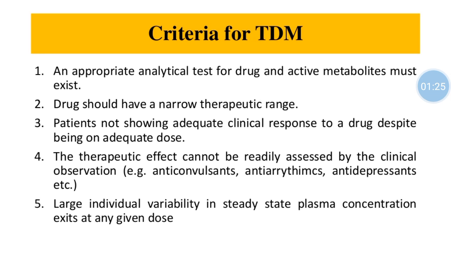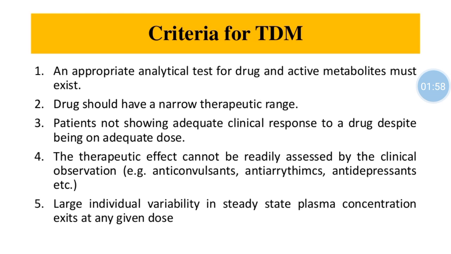So that is the difference between the narrow and large ranges. When you are going to make the criteria for therapeutic drug monitoring, the drug should have the narrow therapeutic range. If it has a large therapeutic range, it does not produce any significant effect in your therapeutic drug monitoring, and it will produce normal results. For a narrow therapeutic range, it will produce significant results. Outcomes are produced by this narrow therapeutic range of the drugs.